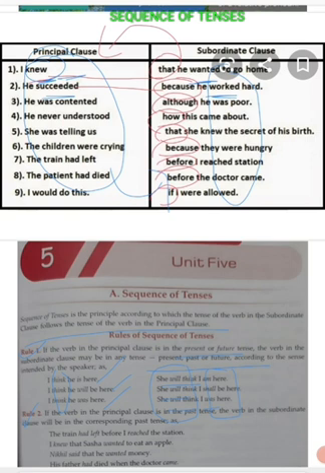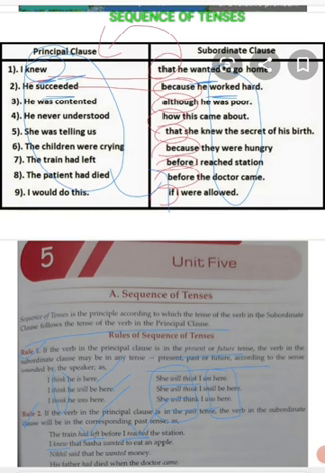Now second rule, it says that when we have the principal clause verb in the past tense, the train had left is the past tense. The train had left before I reached the station. So when the verb in the principal clause is given in the past tense, the verb in the subordinate clause should also be in the past tense. And it's very obvious. If you just analyze it, you just think that something which had happened in the past, so whatever the subordinate clause will be related to it obviously will be in the past tense.